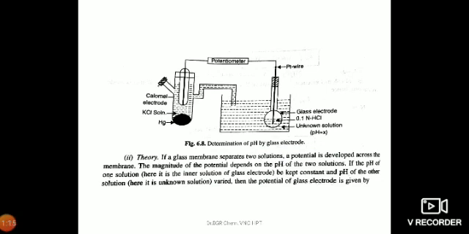At the left hand side we have the calomel electrode, and at the right hand side we have the glass electrode. We have taken a container in which an unknown solution has been taken. Into this unknown solution, this glass electrode has been dipped. At the right side, you can observe it. We make an electrical contact between the anode and cathode. In between, we have a potentiometer for the measurement of pH.